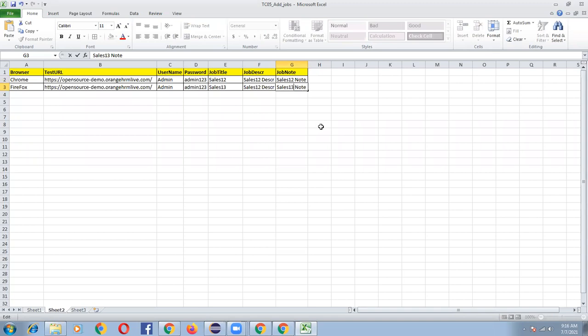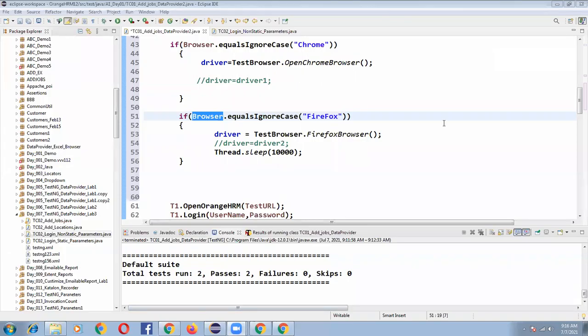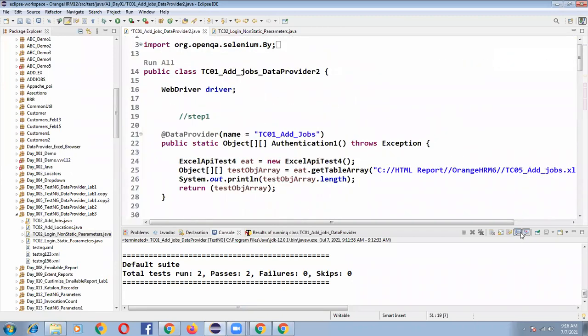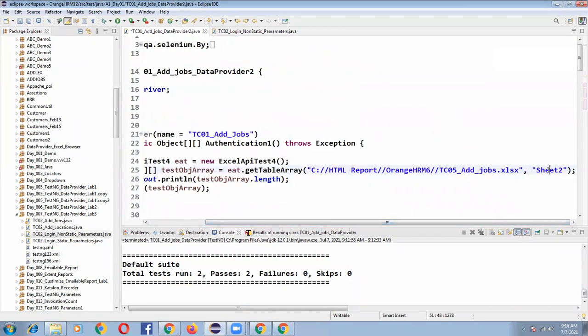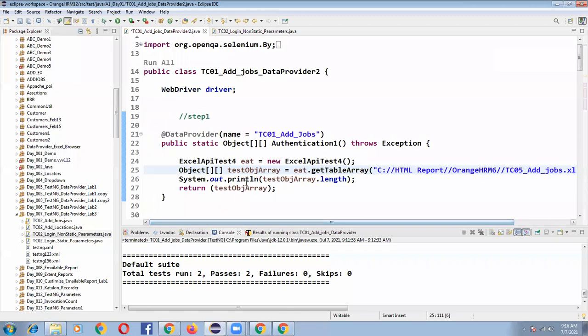Sales 13, right? So my input data is ready now. So now my program will read input data from sheet 2, because I mentioned here my sheet name is sheet 2. So all sheet 2 data will be loaded into my data provider object array. Okay.